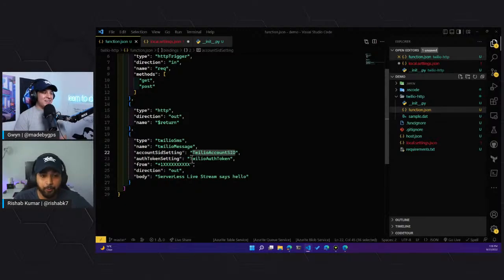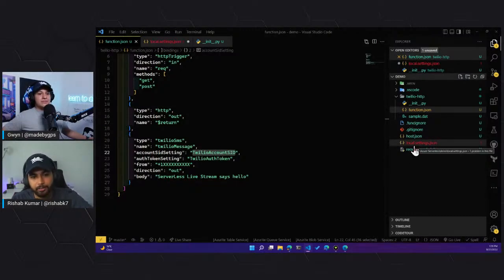Yeah, so you might be wondering what I was doing while we were talking. The API credentials that we need to talk to the Twilio API, we need to store them somewhere. And in order to develop this locally, you can store them in local.settings.json in your actual function app, not the HTTP trigger.